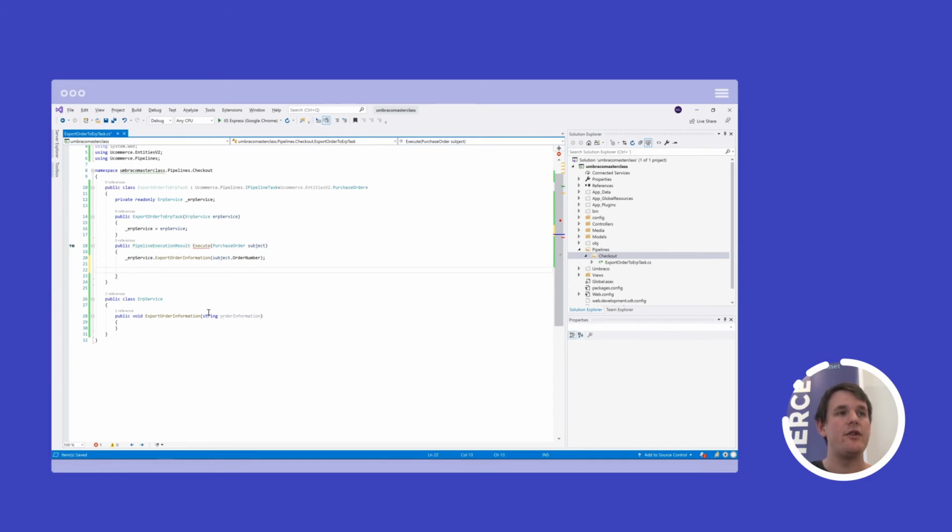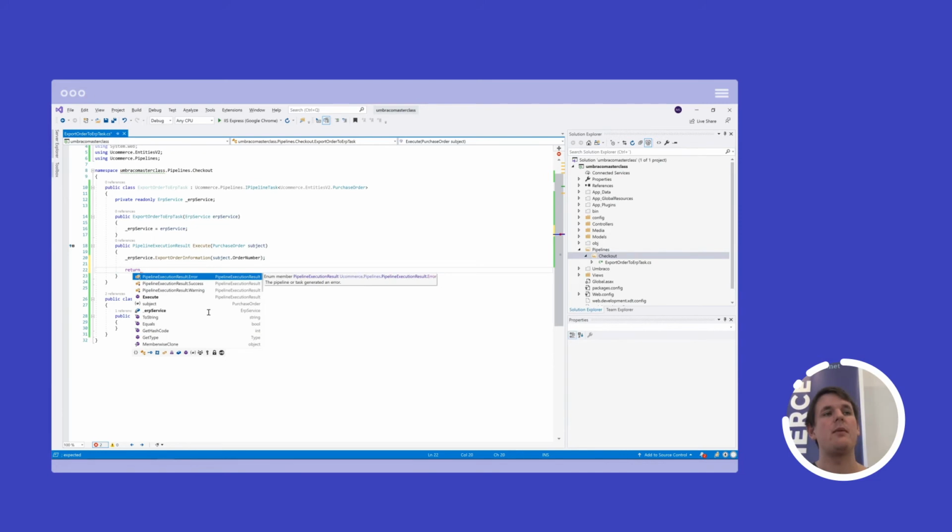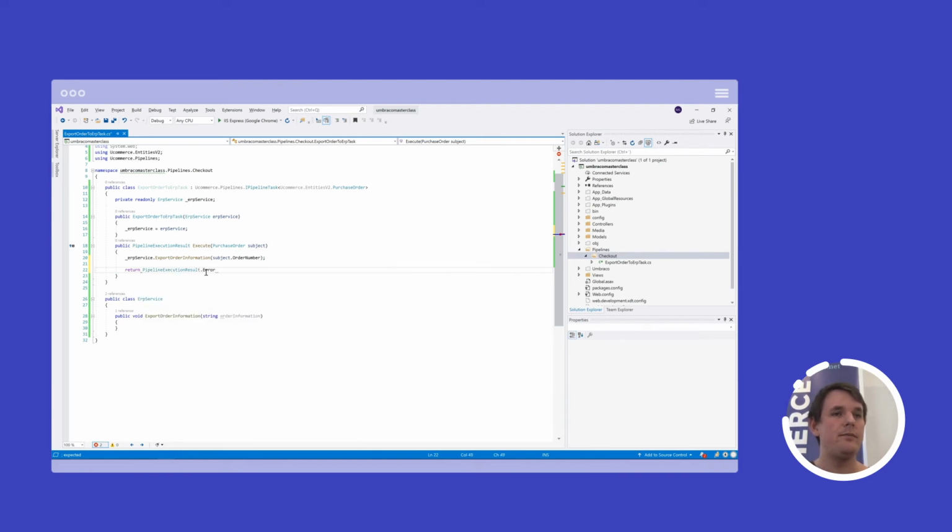And the pipeline execution result is just indicating to the pipeline implementation if this task ran okay or not. If I throw an exception, then the pipeline implementation will rethrow that exception and log the error. And it will do that if I return error as well. Then it will also abort the rest of the pipeline.